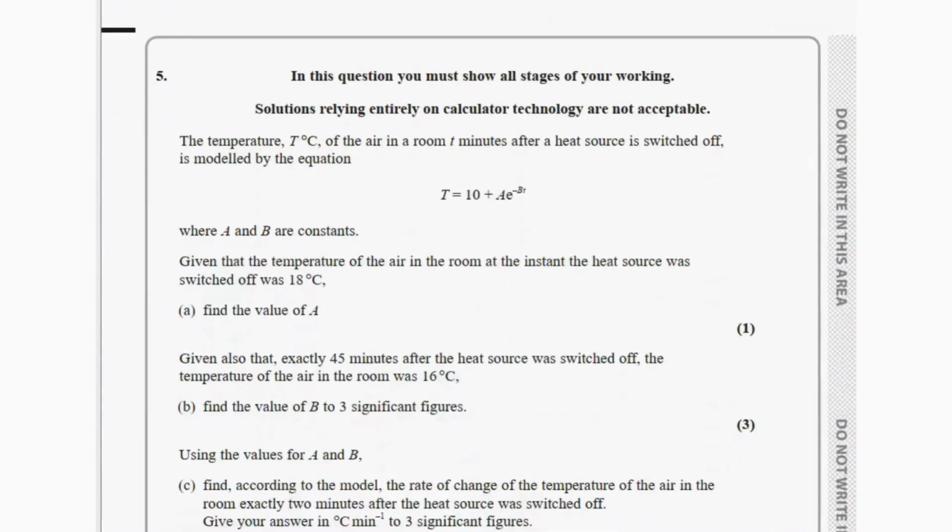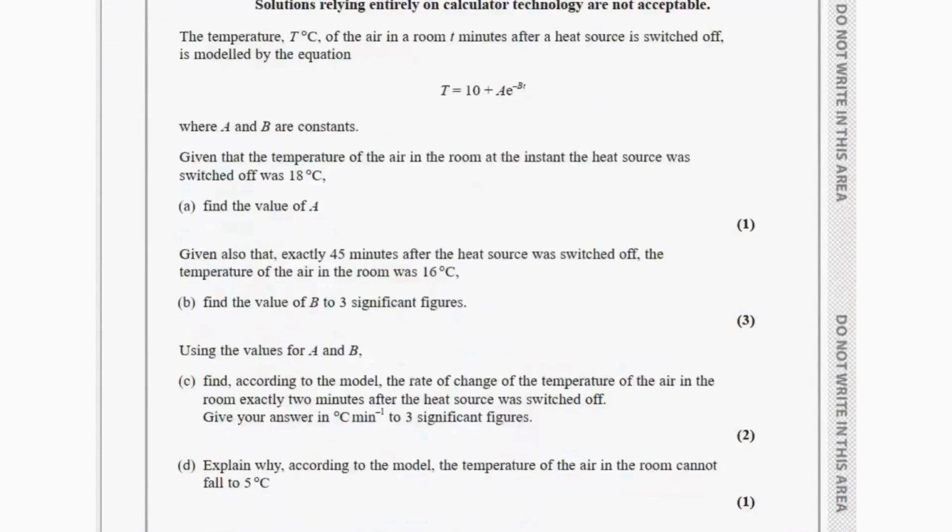Then the next question says, in this question, you must show all stages of your working. Solutions relying entirely on calculator technology are not acceptable. So the temperature T degrees Celsius of the air in a room t minutes after a heat source is switched off is modeled by the equation T equals 10 plus A times e to the power of negative B times t, where A and B are constants. Given the temperature of the air in the room at the instant that the heat source was switched off was 18 degrees Celsius, we have to find the value of A. Okay, so for this,